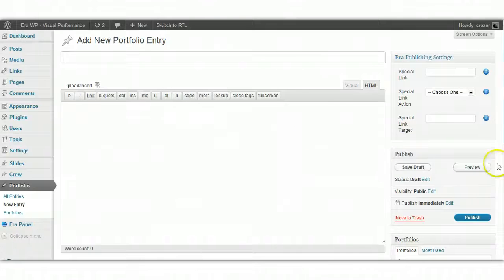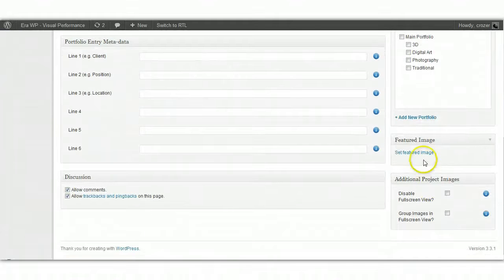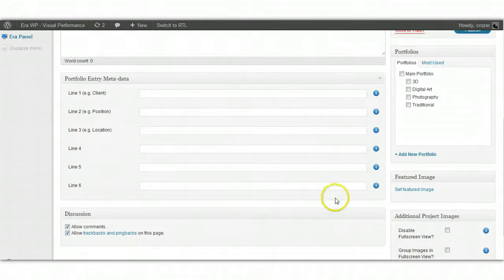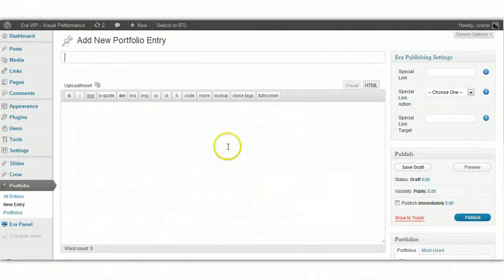You used to add these project images with a new feature, with a button that was just here, and it said add more images. Now this button has been removed because the new method is much better. You simply add a new entry, your title, you add your text, you add whatever you want, you keep everything the same. You create your portfolio entry just as you used to, and then automatically,